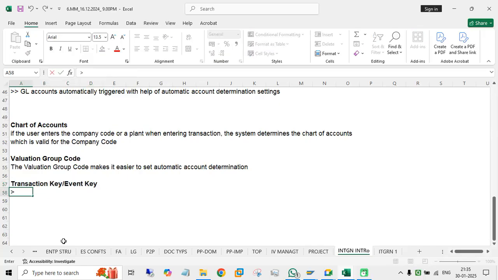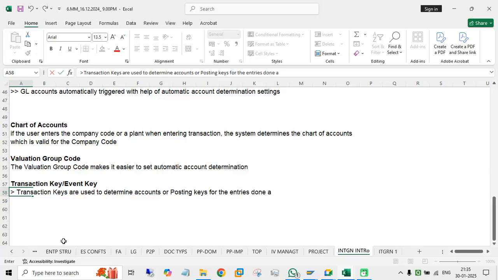So transaction keys are used to determine accounts or posting keys for the entries done at MM level,